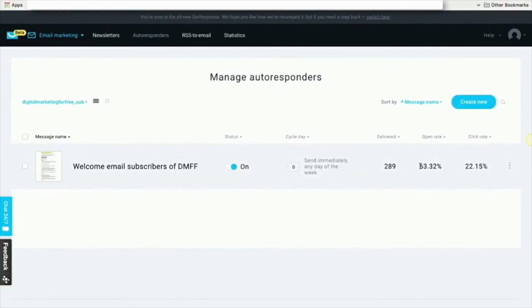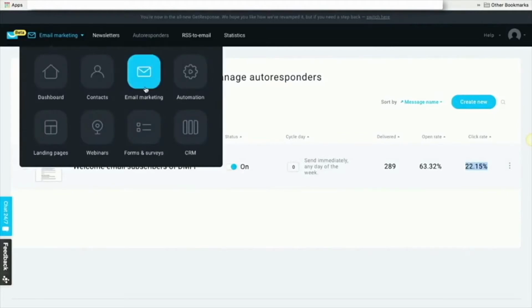So this has been opened at the rate of 63.32%. Click-through rate is awesome, which is 22.15%. Normally people have 10%. This one has 22.15%, which is extraordinary. Awesome. Other than that, if you're building landing pages with GetResponse, which I am not, I'm using particularly ClickFunnels for